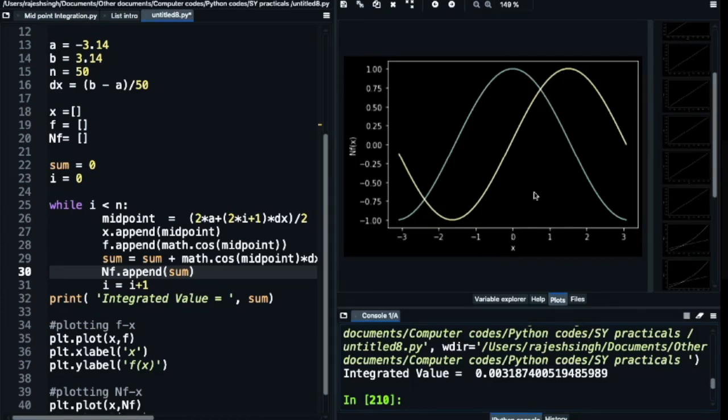And the integration is sin x, which is shifted by 90 degrees from this, and at x equal to 0 it is 0. So this shows the two functions, cos x and sin x. I can plot and see that the conversion from cos x to sin x is happening.